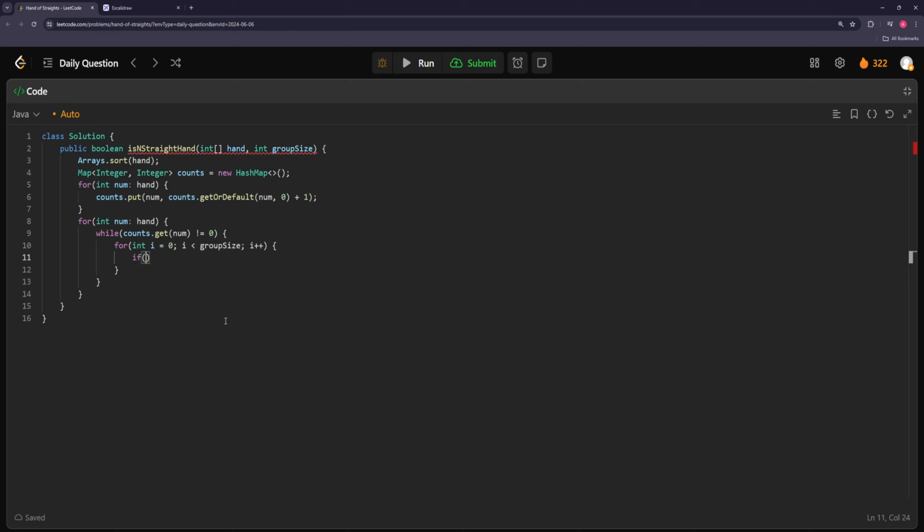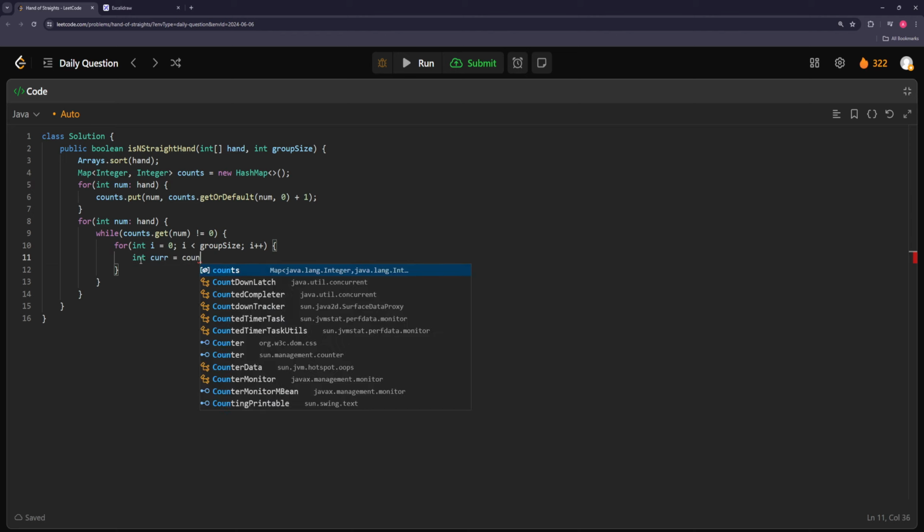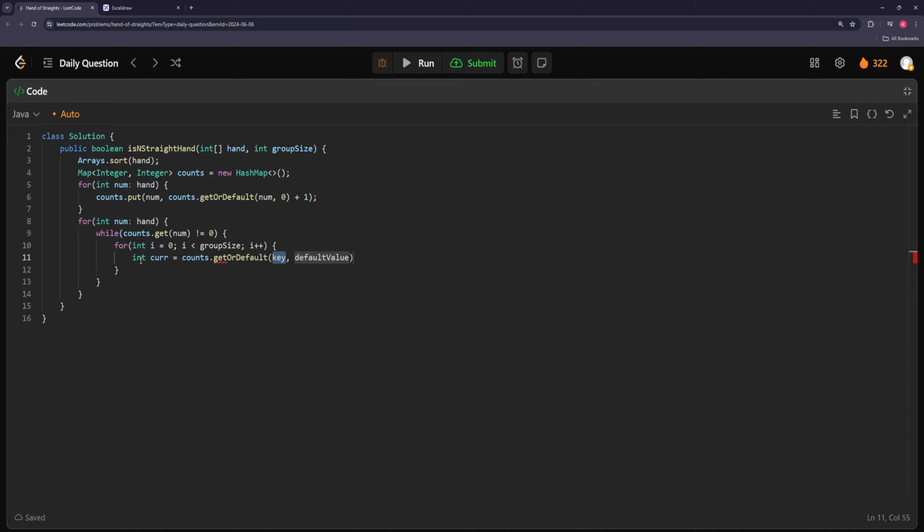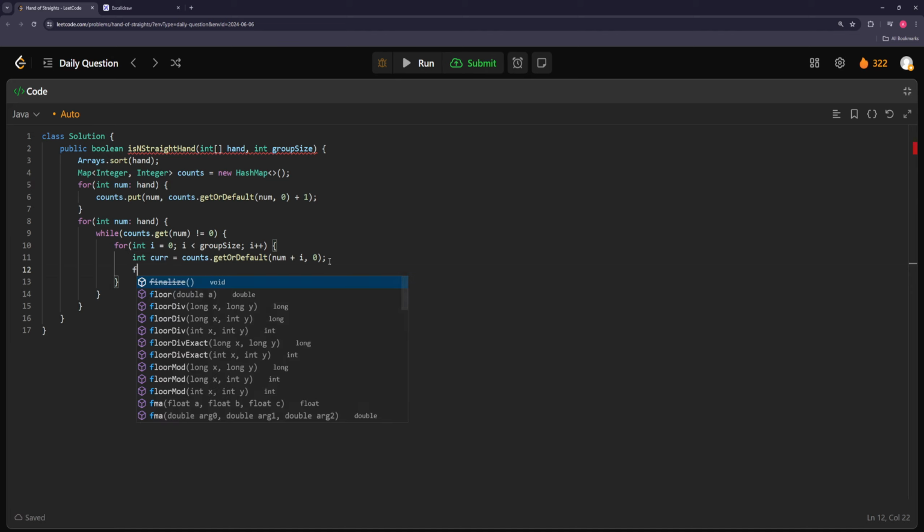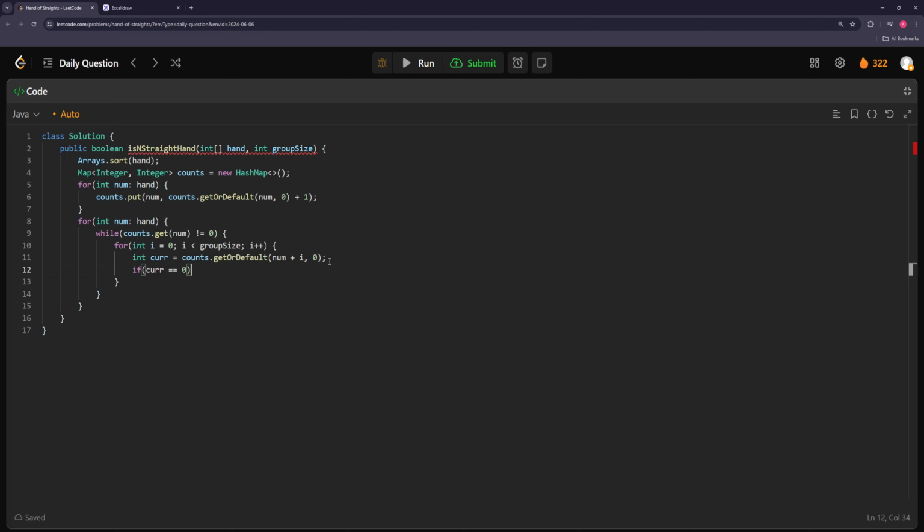So we can say if counts.getOrDefault(num + i)... or actually we can store the number, so we can say int cur or something, counts.getOrDefault(num + i), and then we can have a default value of 0. And if this current count is 0, then we don't have this number to put into our group, so we can just return false right away, because we can't put it in the group. Otherwise,